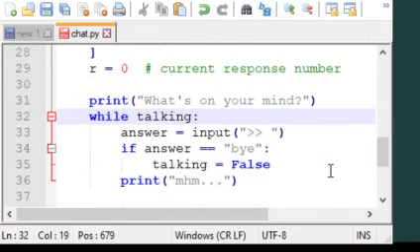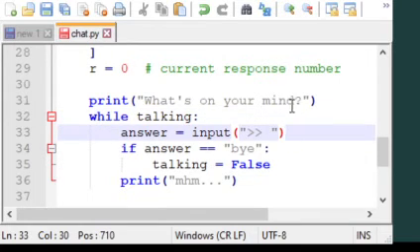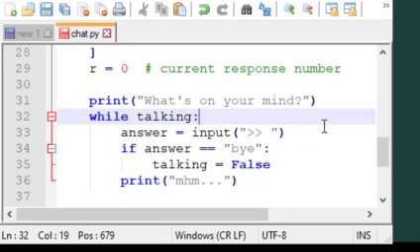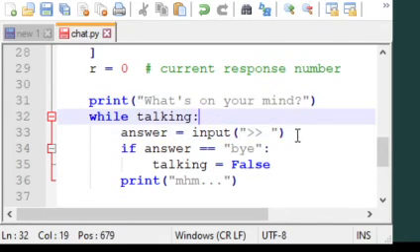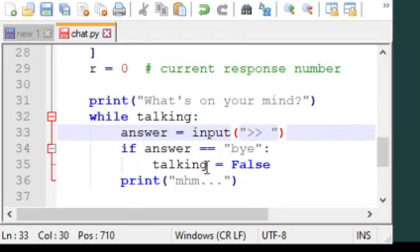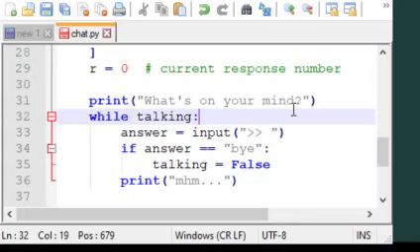Remember we had that problem earlier where it didn't have a response before it started asking us for input. So then it's going to